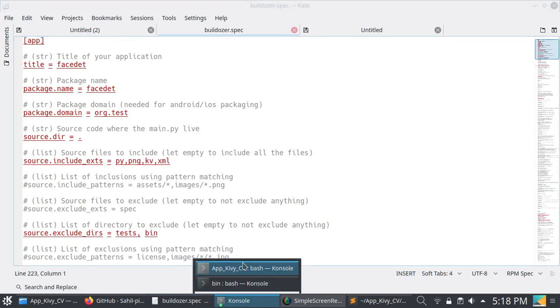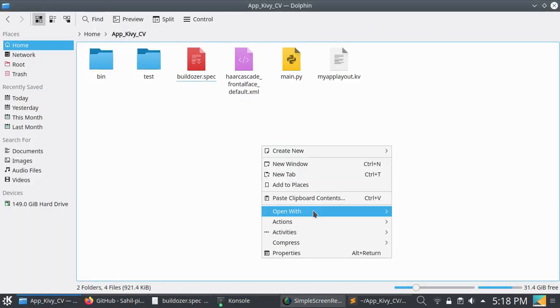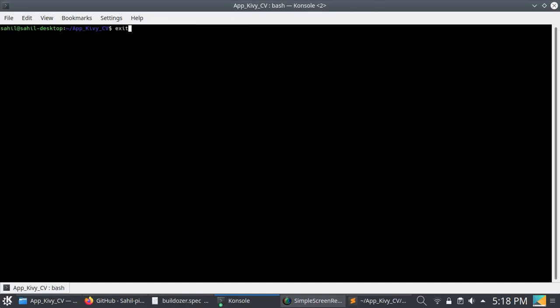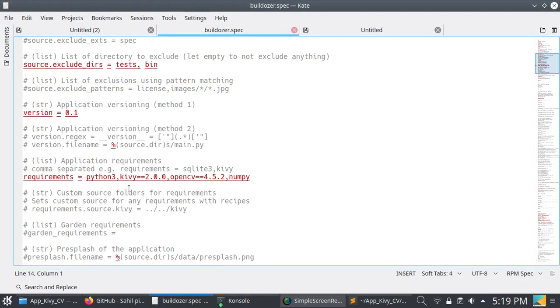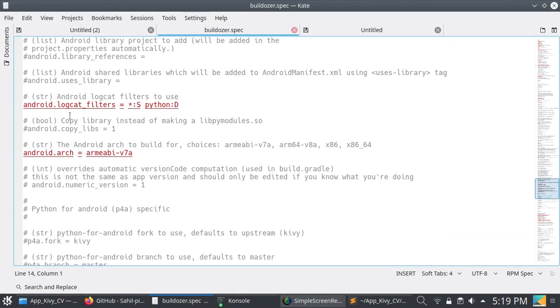Now just open terminal here and write this: buildozer -v android debug deploy run, and space logcat. You can set logcat. For this you have to just write these logcat filters.